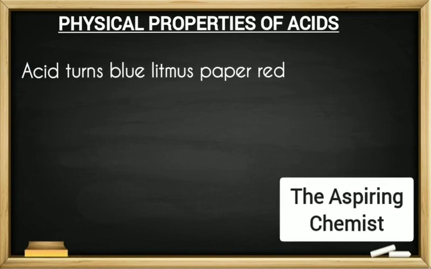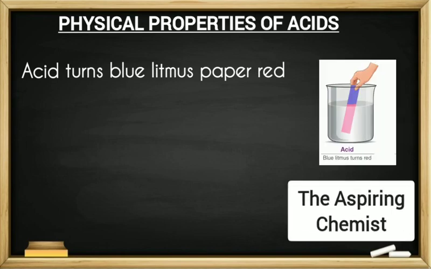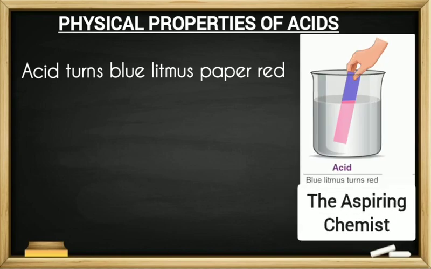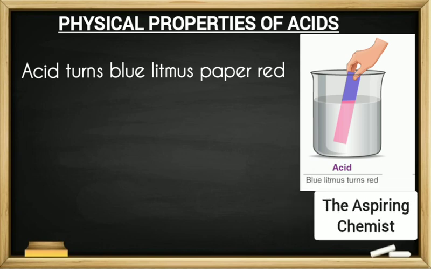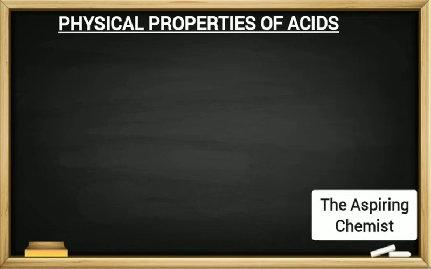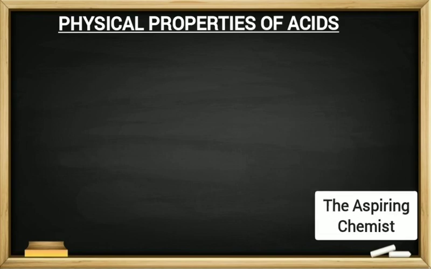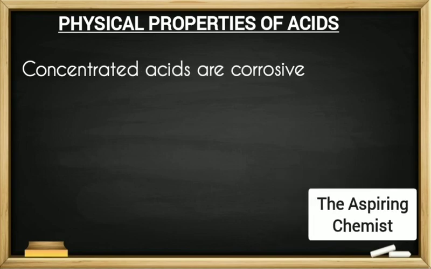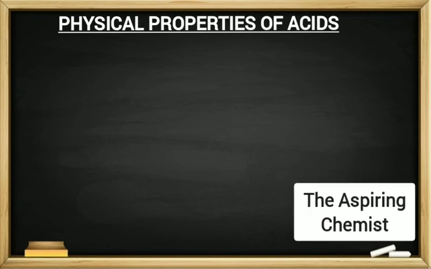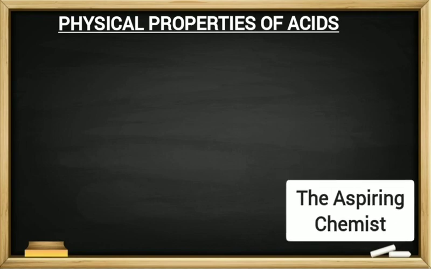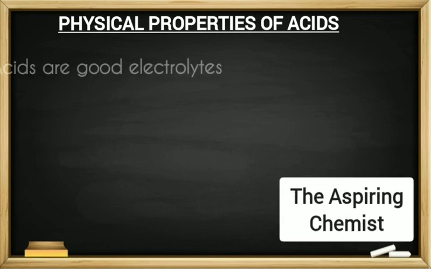If you have a litmus paper at home, you can use it to touch maybe an orange fruit or whatever. You will realize that litmus paper will turn the acid red. Another property is that concentrated acids are corrosive. And the last property I will just say about acids is that they're very good electrolytes,